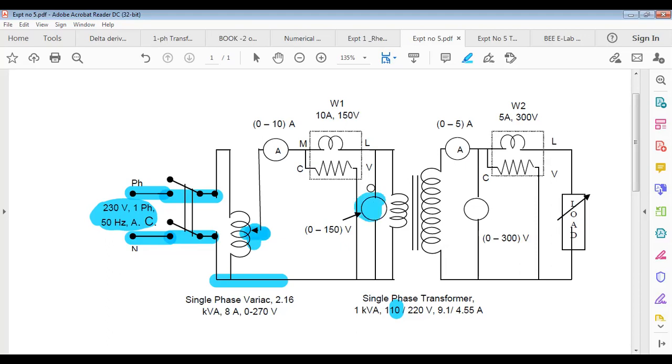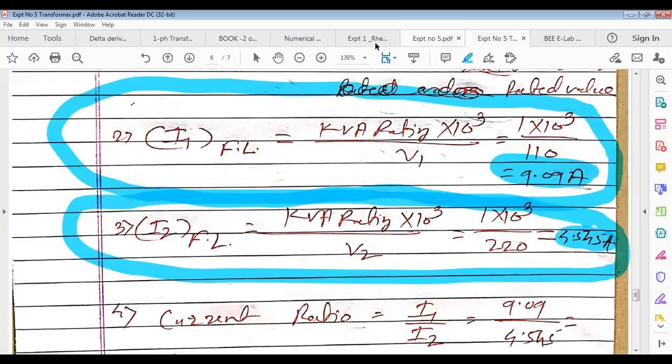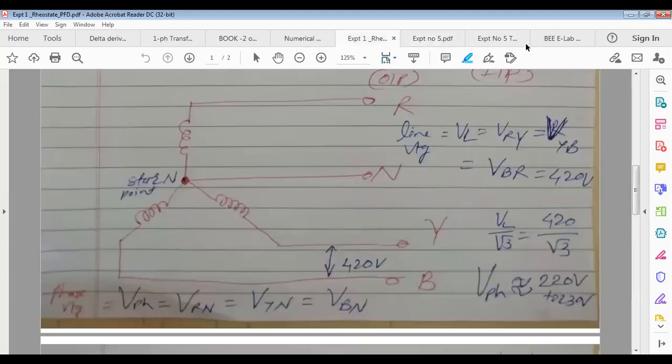This is the voltmeter which is connected across the primary. Adjust this variable point so that this voltmeter reading is 110 volt. In the direct loading method, we always keep the 110 volt input voltage constant. Why do we keep it constant? Because, as all of you know, input voltage is constant.